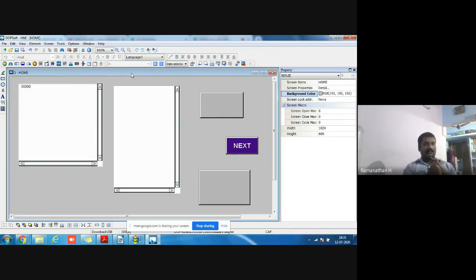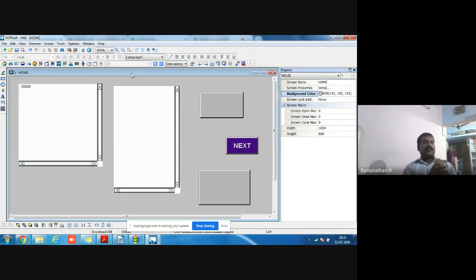The next was relay logic. Using relay logic, we did some logic gates and contact logic. Using contact logic, we did dual starters and star delta starters. And we next moved on to motor controllers, like dual starters and star delta starters.